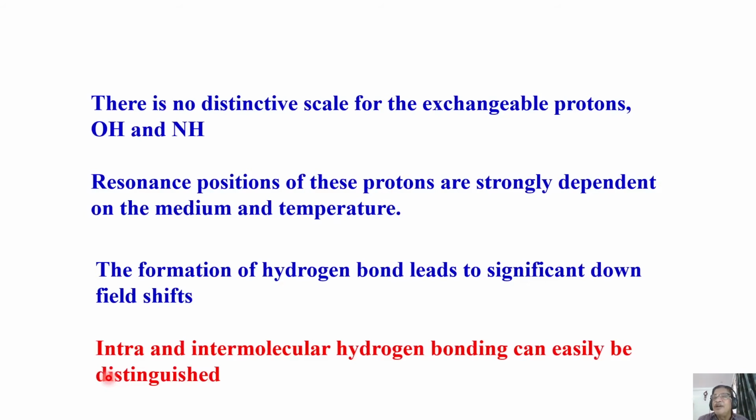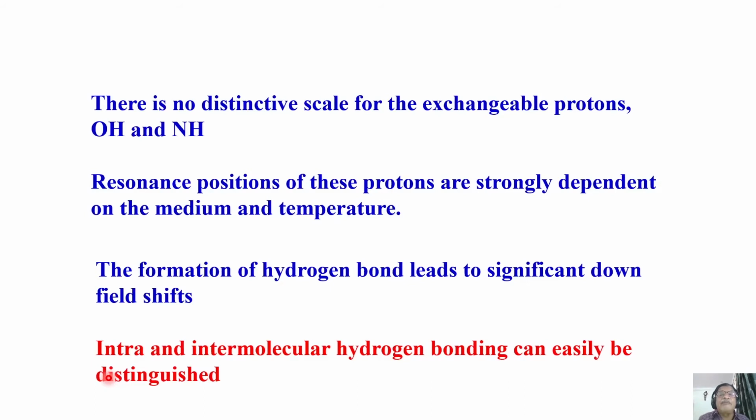Remember the example of ethyl alcohol when it forms a hydrogen bond with dimethyl sulfoxide? What happened to the OH peak, which was somewhere around 2.5 or 3? It moved to 4.3 ppm. Remember that. So when there is hydrogen bonding, the peak moves to the downfield. Now you ask me a question.